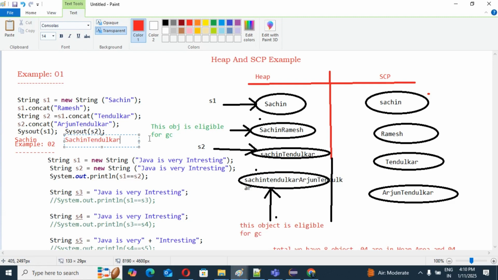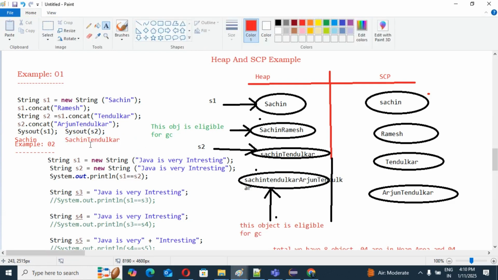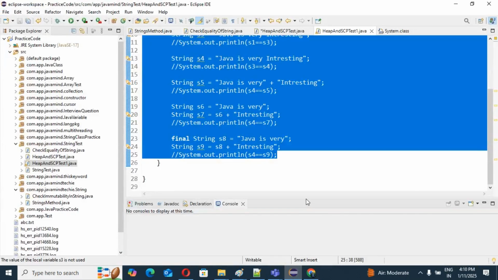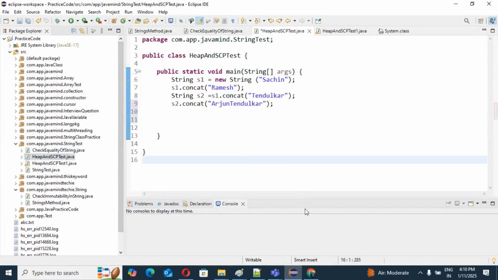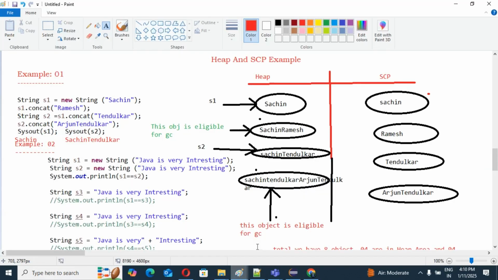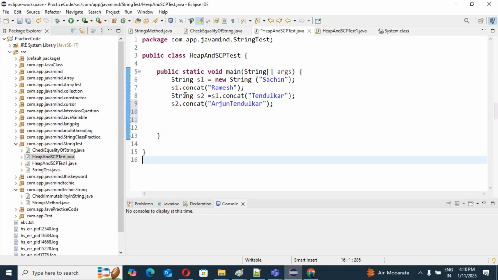Okay, same example I will explain with our IDE as well. So don't worry, we'll move to our IDE. Guys, see, I've already created one class. What I mentioned here, same example I have written here. You can see string s1 equal to Sachin, s1.concat Ramesh, string s2 equal to s1.concat Tendulkar, and s2.concat Arjun Tendulkar, and I'm going to print s1 and s2.